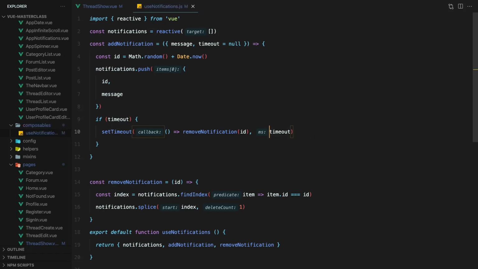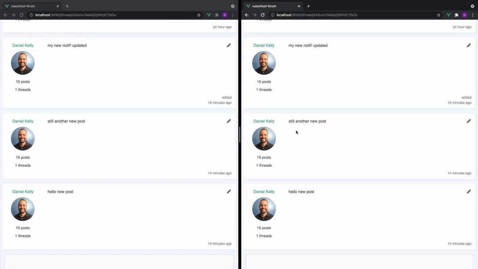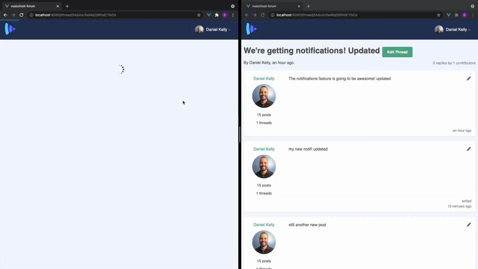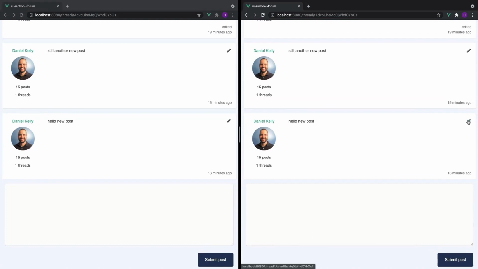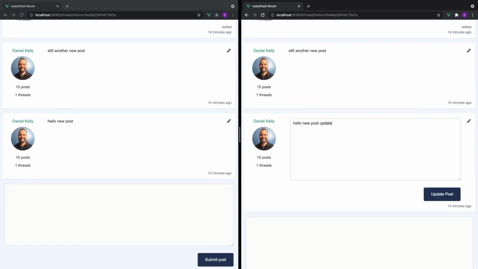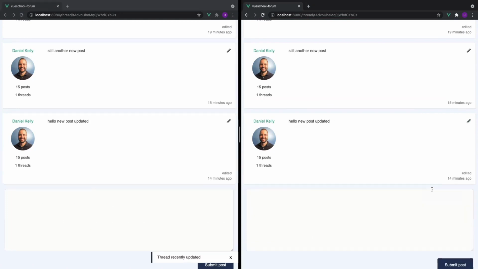Alright, let's see what that looks like in the browser. I'll update the thread in one tab, and in the other tab, the notification displays and then disappears after a few seconds. Perfect.